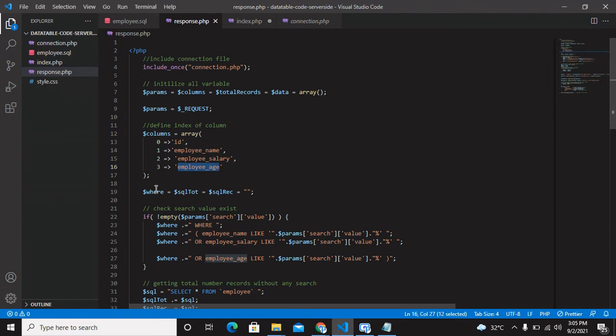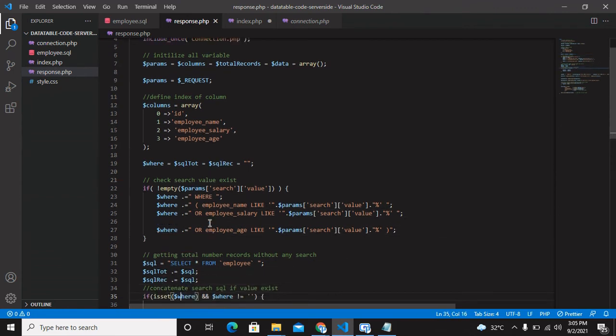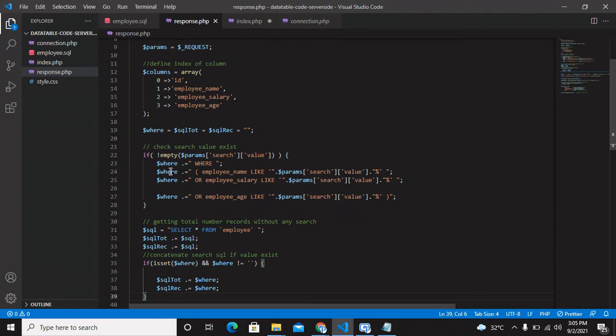So here we have defined some variables like where SQL, total SQL records. We have created a where condition based on the query passed from the UI side, like when the user has entered some filtering data such as ABC, to only get the results which start with ABC.